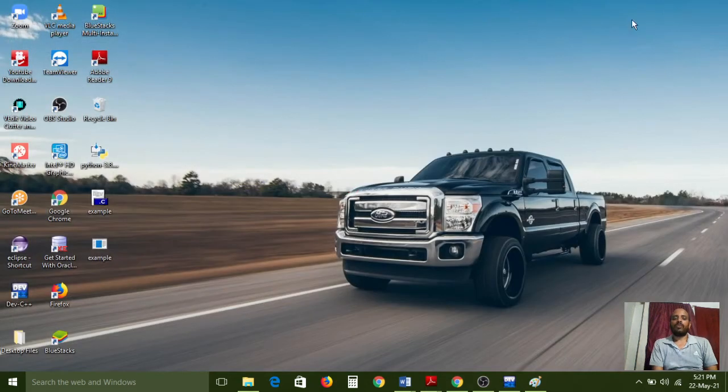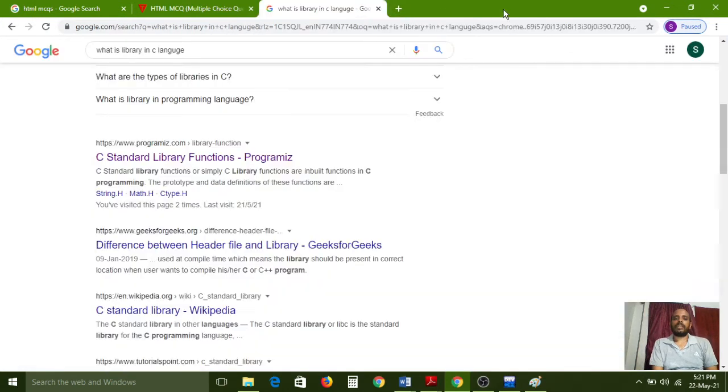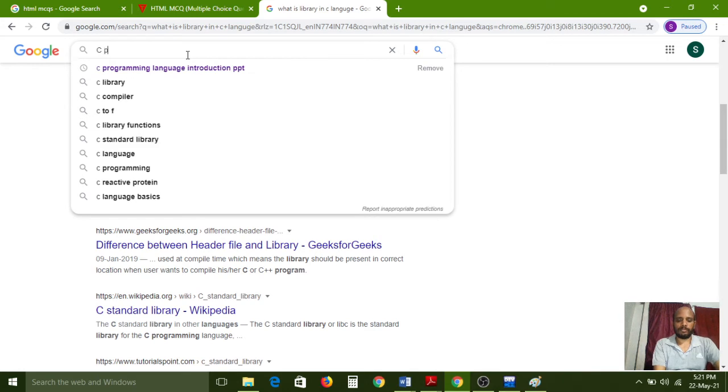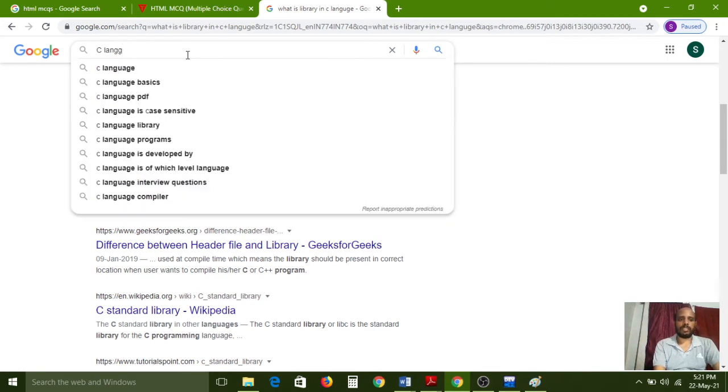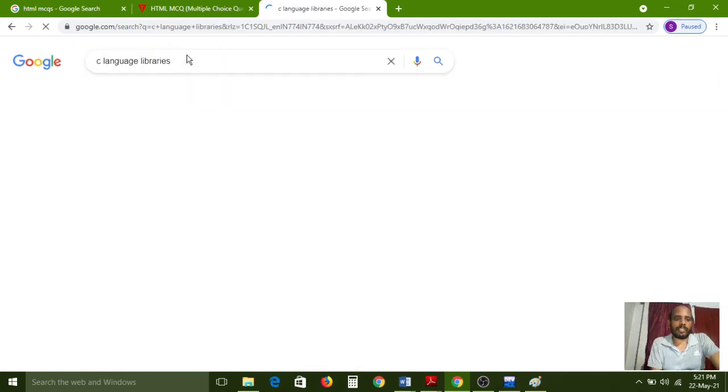Now we have to see how many libraries we have in the C programming language.